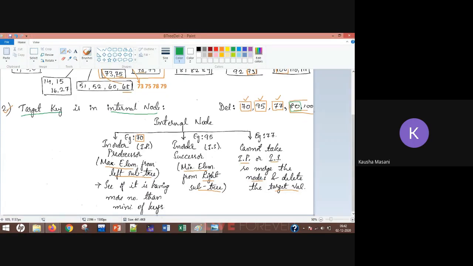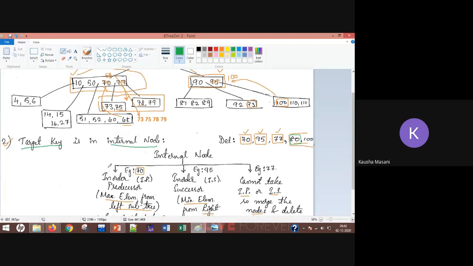You can select the in-order predecessor. Again, I told you the shortcut: you don't have to generate the full in-order traversal to identify the predecessor. Suppose the key is 70. Then the in-order predecessor will be the maximum element from its left subtree.